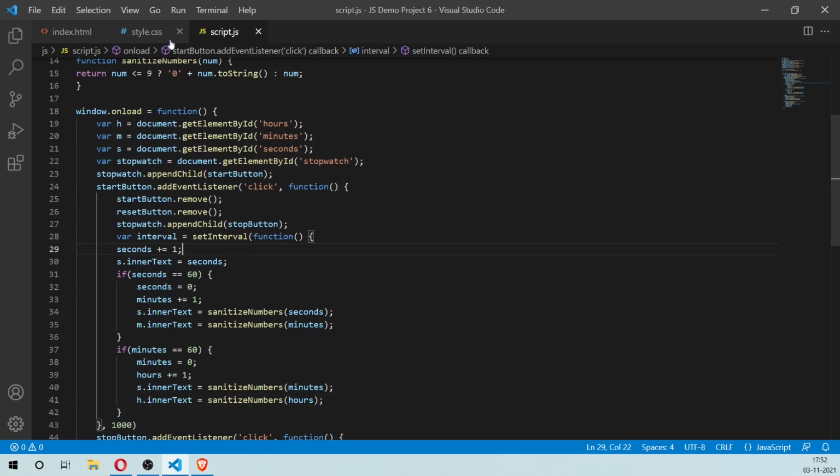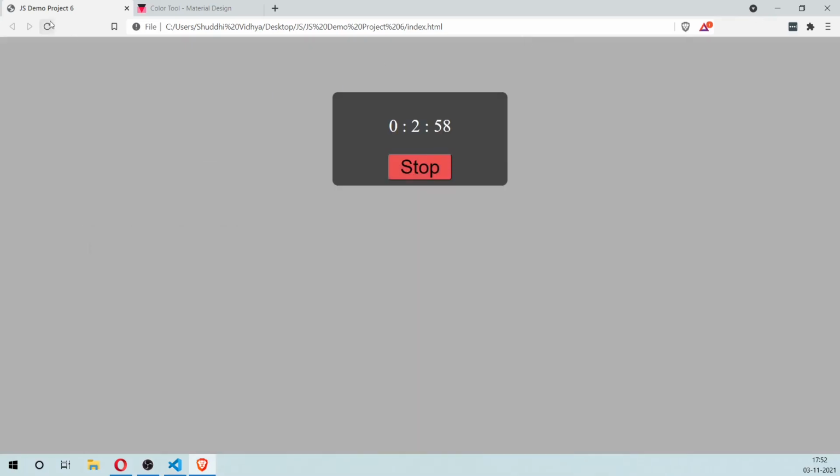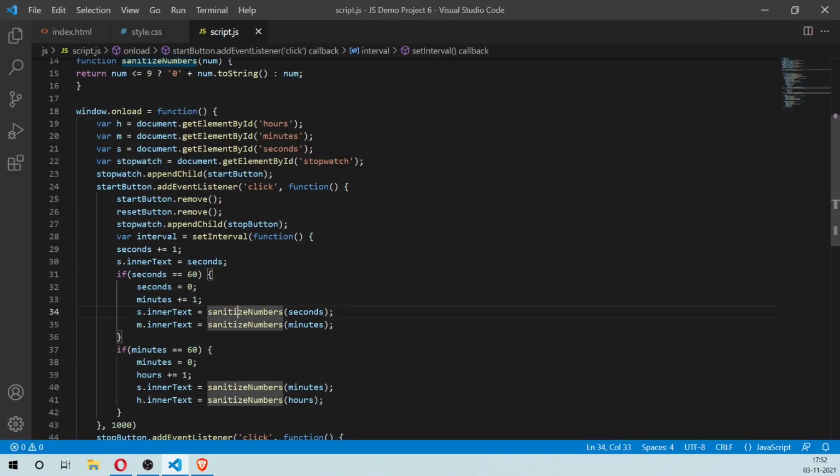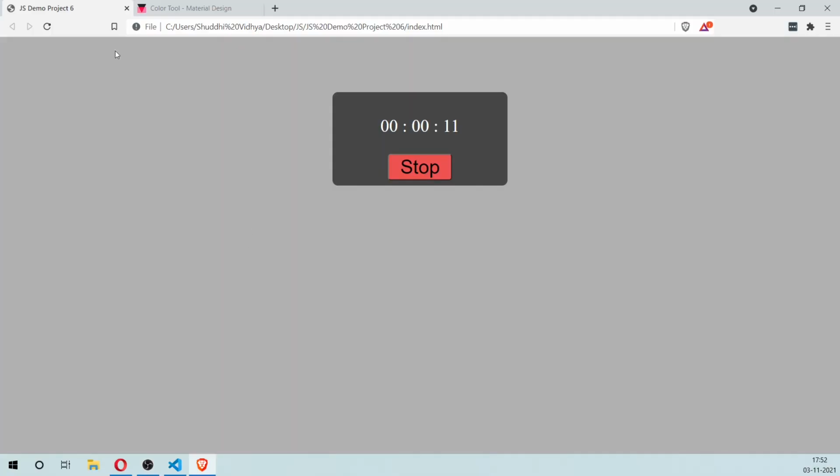Okay, so let's see if this actually does anything. Okay, it doesn't work on the seconds. Maybe missed something. So we missed this part. Okay, so now it works.